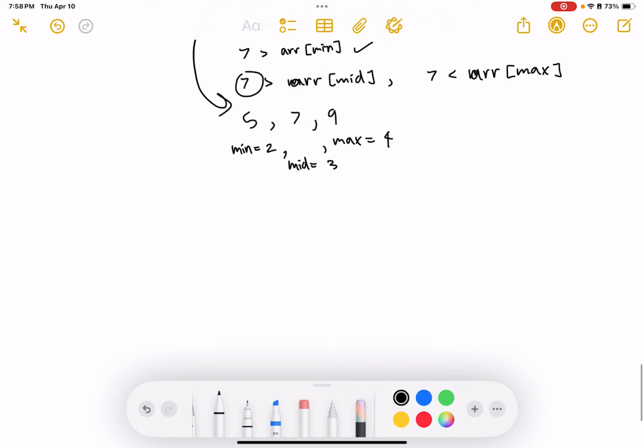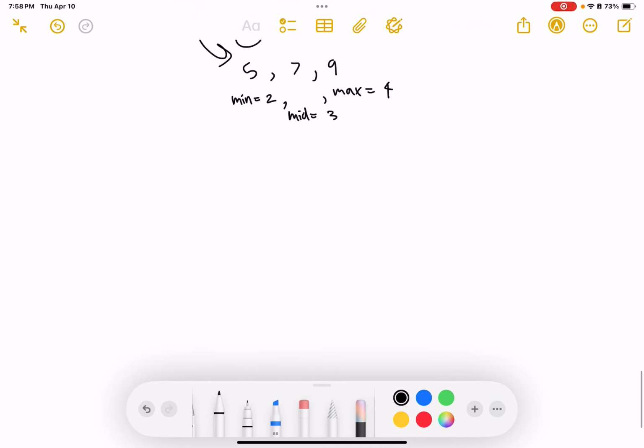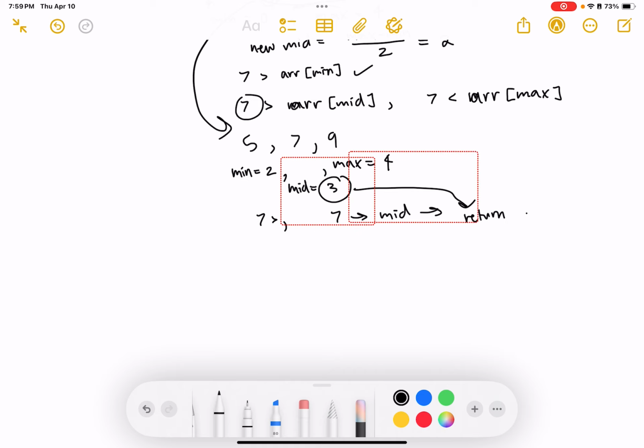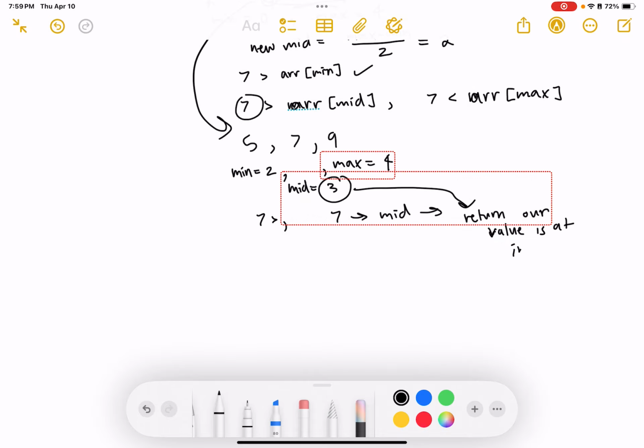And now, okay, we check 7 with the minimum value. It's greater than that. And we check 7 in comparison to the middle value. Okay, it's finally equal to the middle value. And we already know that the index of the middle part is 3, so we can just return that our value that we're looking for is at index mid or 3. So we just return that